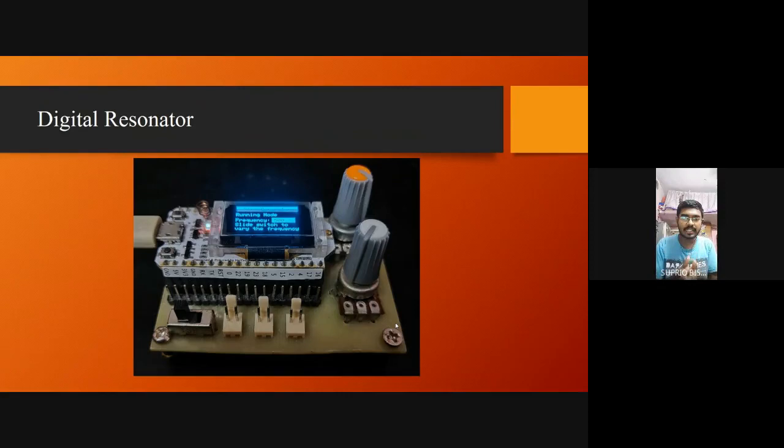So for that implementation, we have generated a digital resonator. Not a circuit, but it's controller code which translates into a sine wave of any frequency you want, up to a range. So I can just show you that also. So this is the same setup, the same controller.